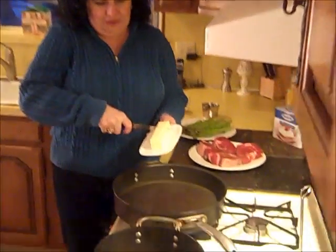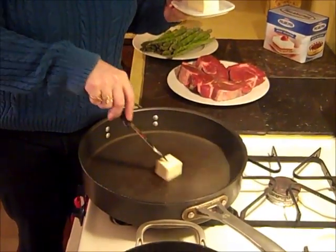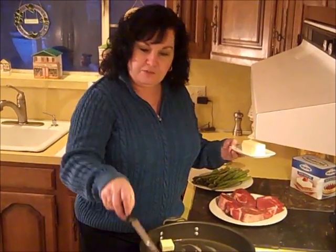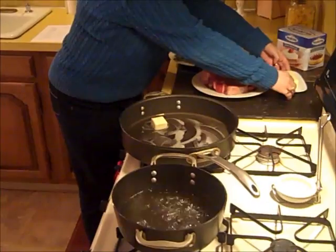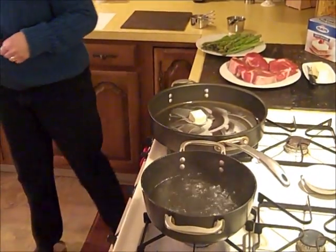Okay, so I have my skillet warming here, and I'm going to melt 2 tablespoons of butter in here. And this is how I'm going to cook my filet mignons. I'm going to do it stovetop. And I've got my water boiling here to blanch my asparagus. So we'll get to that in just a minute. I'm going to let the butter melt there. Now, for the asparagus,